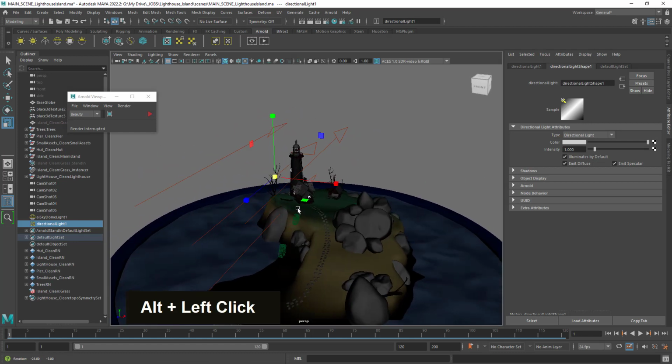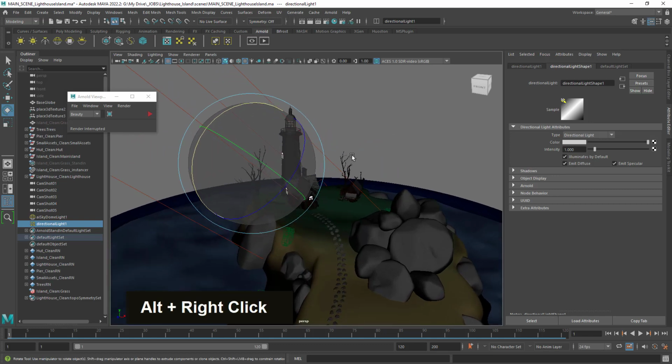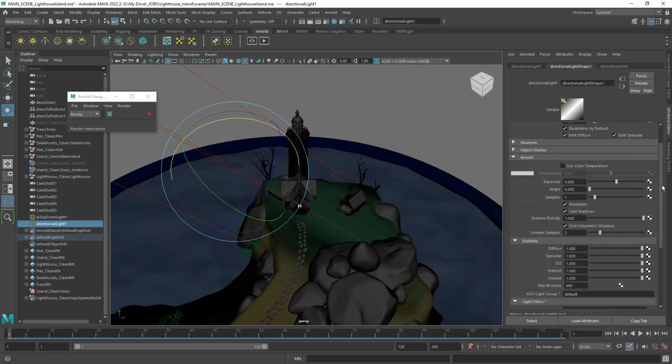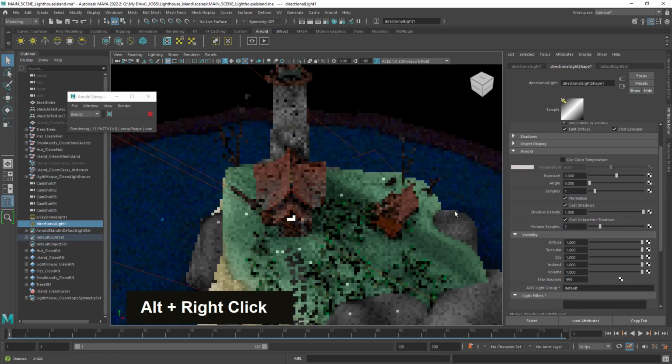The only thing that matters is the rotation of the light, because this is the only information that matters, of course, other than the other information like the intensity and so on. But you never change this information here. You should go to R-Node, and R-Node is going to take care of this light from now on. So what we have to do is, again, fire the render to see the result. And now you can tweak this light